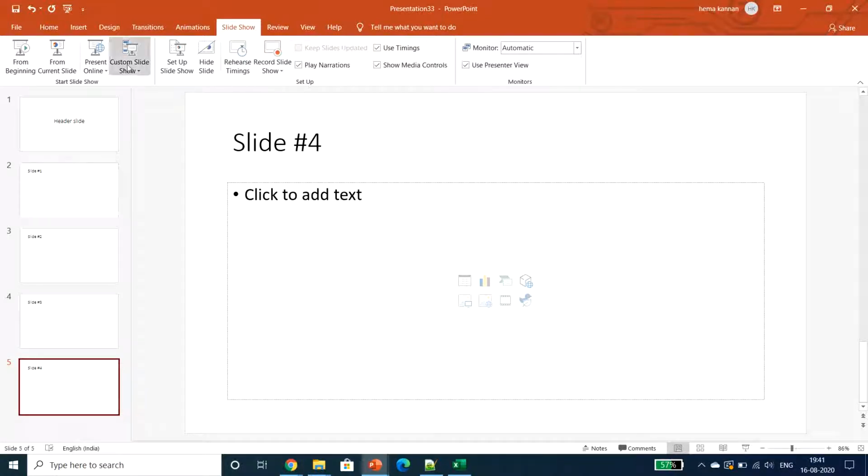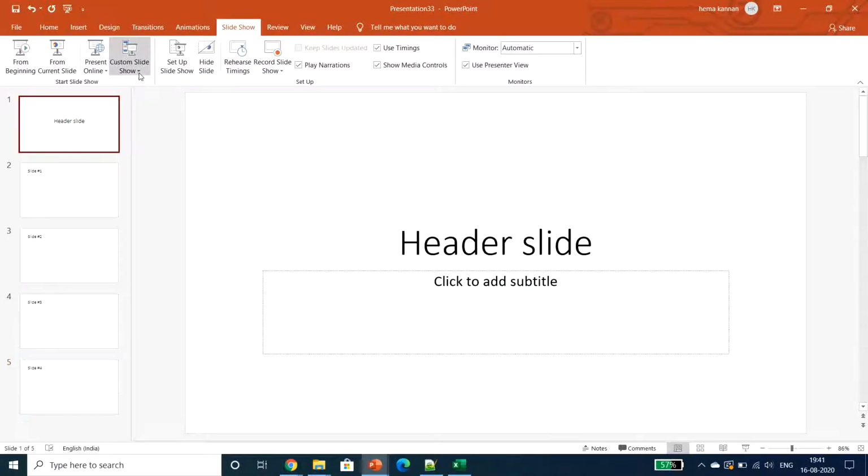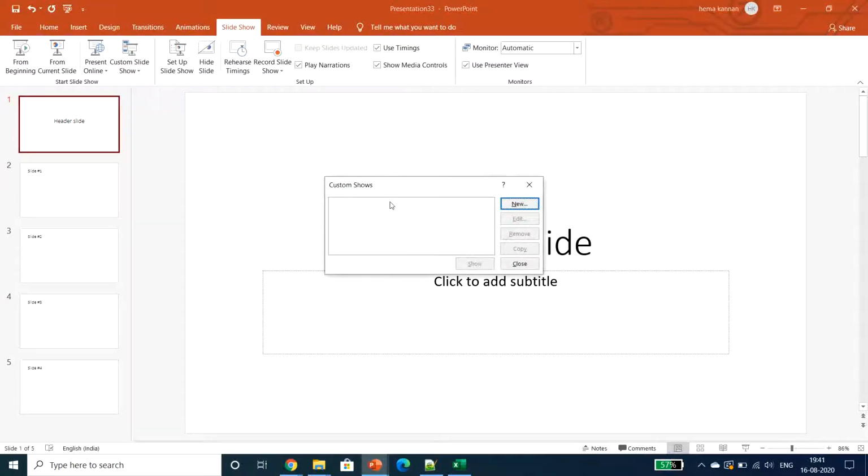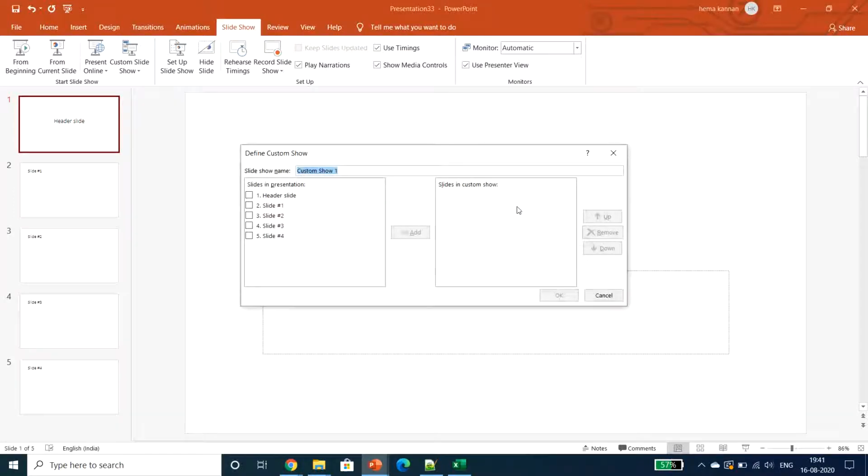Then customizing the slideshow. What is customizing slideshow? Custom shows. We can create some custom shows. Click on new. Currently we have 5 slides, correct?